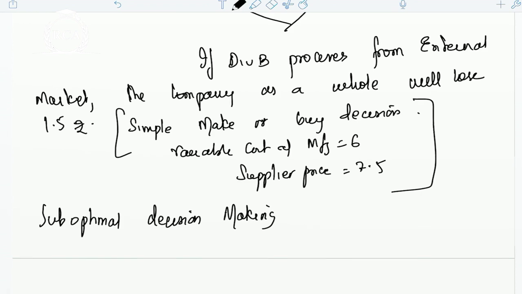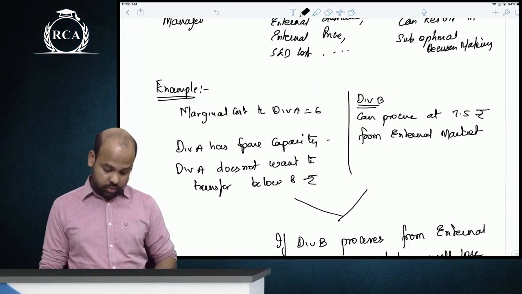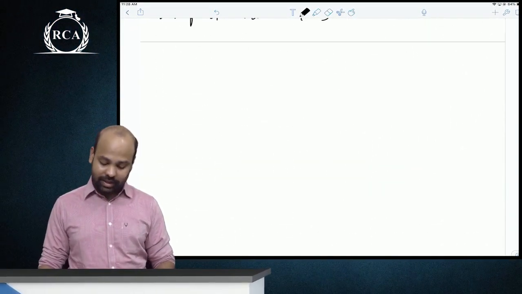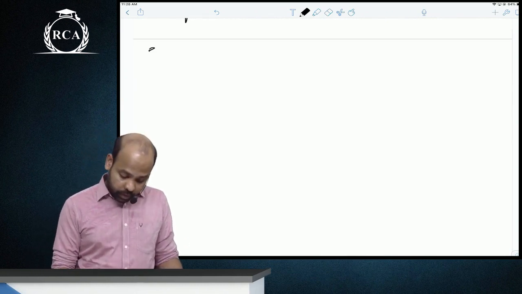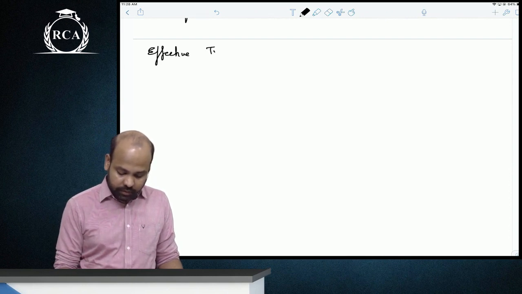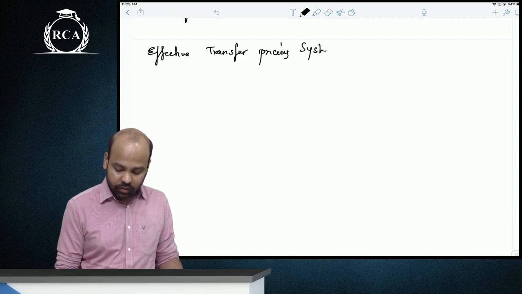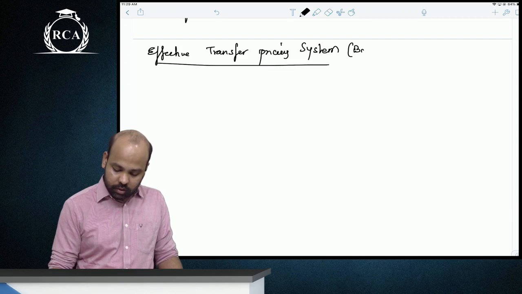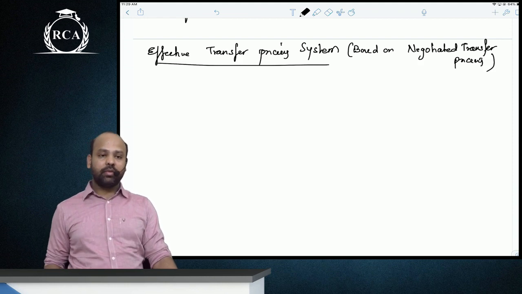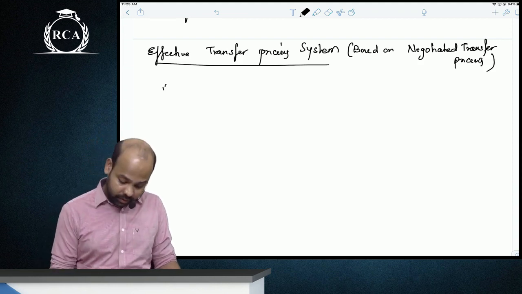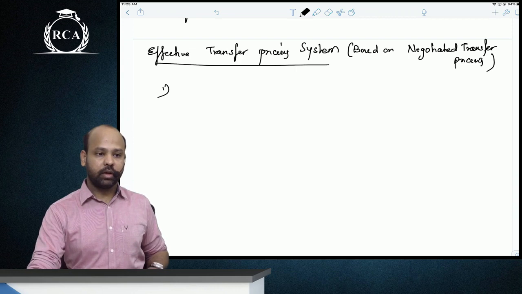Yes, beta. Chalo, guys. This is the answer to the question. Sorry, this is an example for negotiated transfer pricing, guys, or shadow pricing. I hope you've written that, guys. The points you're supposed to remember for an effective transfer pricing system are based on negotiated transfer pricing only, beta. First and most important, based on negotiated transfer pricing, guys, is